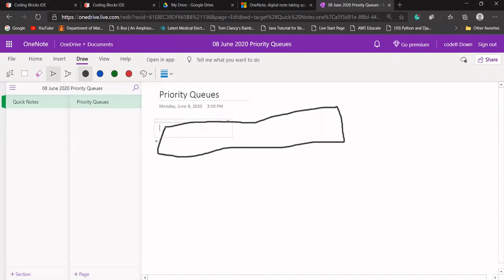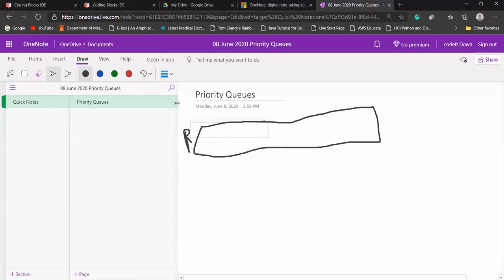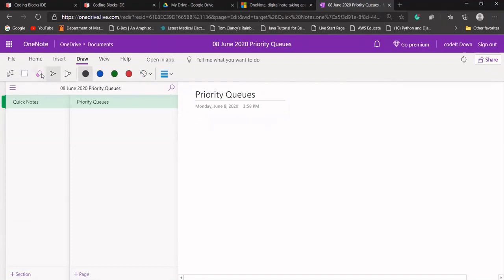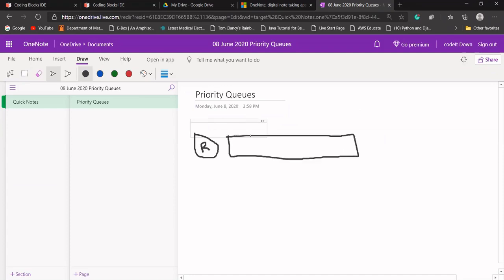Which example did we discuss at the start of queues? When we started the queues, what did we discuss? Let's say a computer is there and a resource is there. Let's say one resource is there, R, and one queue is there. Last time, let's say a process P1 has requested this resource.